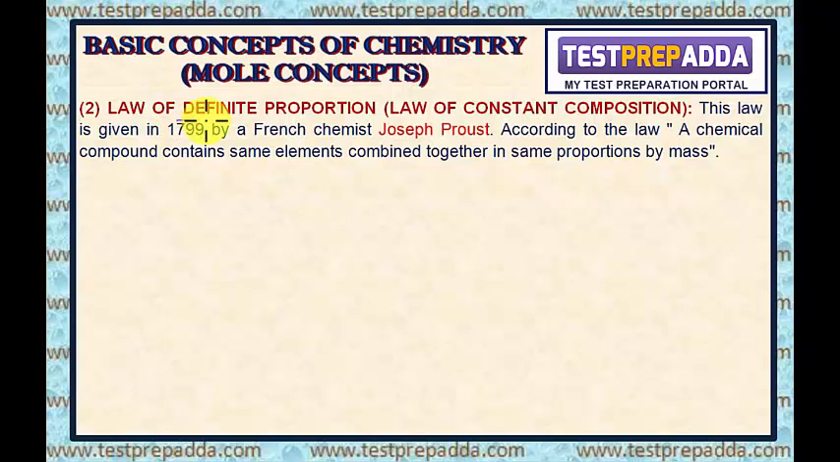Law of definite proportions, also known as law of constant composition. This law was given in 1799 by a French chemist, Joseph Proust. According to the law, a chemical compound contains same elements combined together in same proportions by mass. For example, if I take H2O, for example, if I take CO2, for example, if I take NH3, when I say H2O,